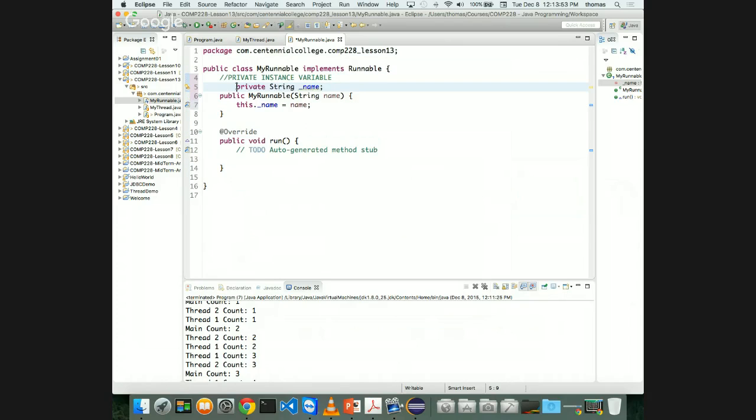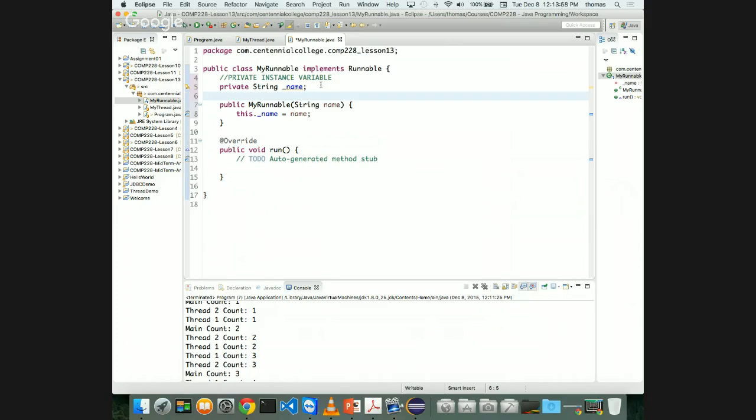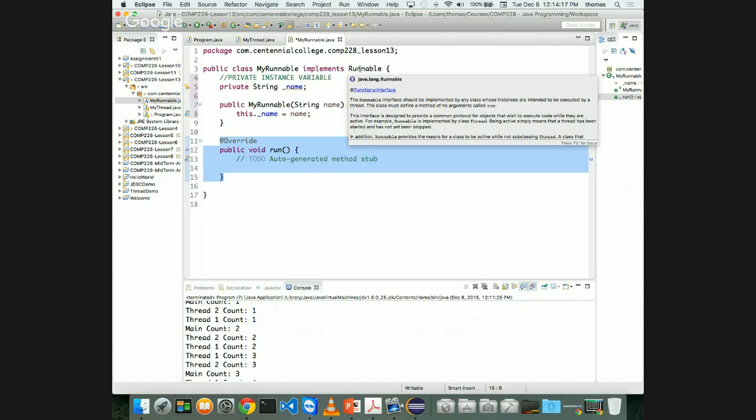What's the difference between running? Essentially, they're the same. The only difference is now we're implementing an interface, which means I can implement many interfaces, right? And have Runnables that are inside my class. And I have this run method that's been inherited from the Runnable. I've overridden the Runnable interface's method, right? That comes with the Runnable interface, which is a much better way of doing it instead of making your own thread,